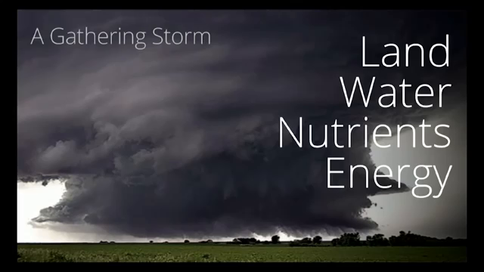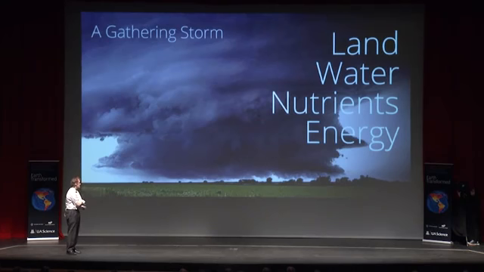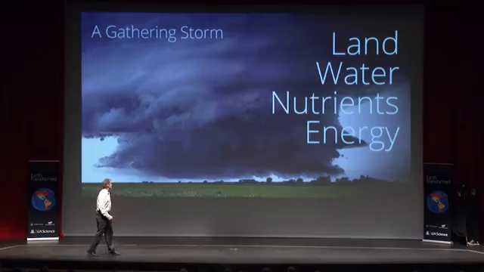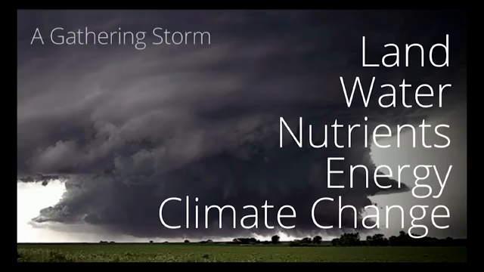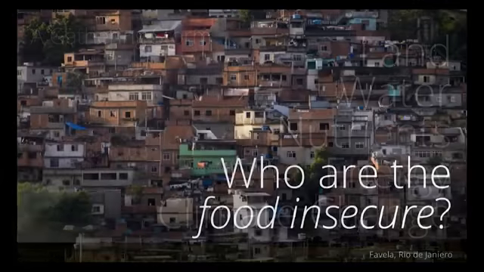Energy, during the Green Revolution, was incredibly cheap. It's relatively cheap right now, but not compared to the Green Revolution. And of course, it's going to get more dear as the economies pick up again and people use more energy. Energy is important because, in part, you create nitrogen from a process which is more complicated than I understand. And it's also cheap to pump water out of the ground, which is a very expensive thing to do. So it was important for the irrigation. The other part, which is new, is the climate is changing. And as I'll talk to you today, the climate change is an additional stress in this problem.